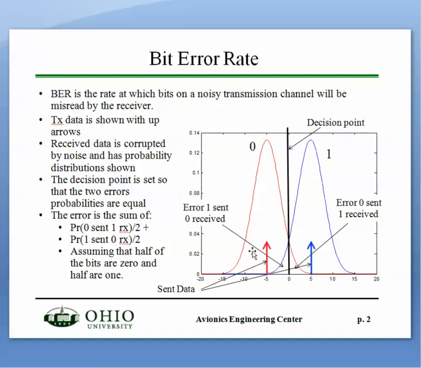And so here's a bit rate. Okay, so here I'm sending. I'm going to say, okay, I'm going to send you a 0. That's going to be minus 5 volts, and I'm going to send you a 1, and that's going to be 5 volts. I'm going to assume for the moment that there's as many zeros as there is ones, and so when I send you a minus 5 volts, you get some